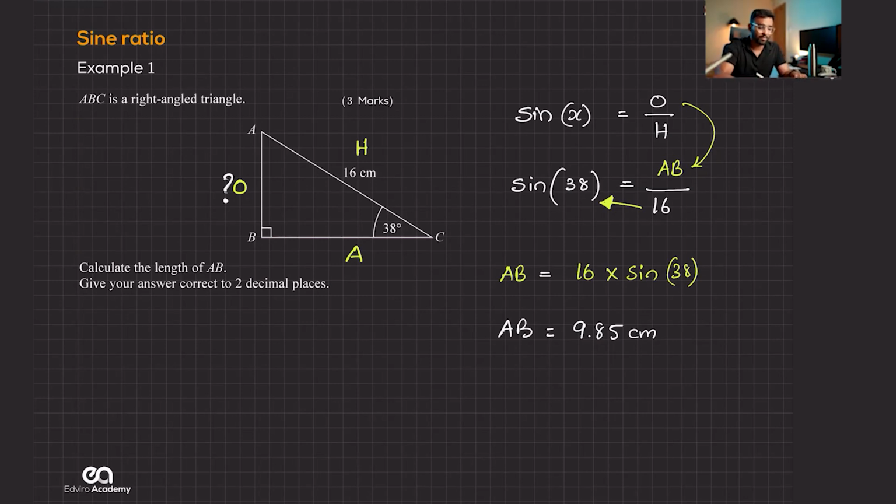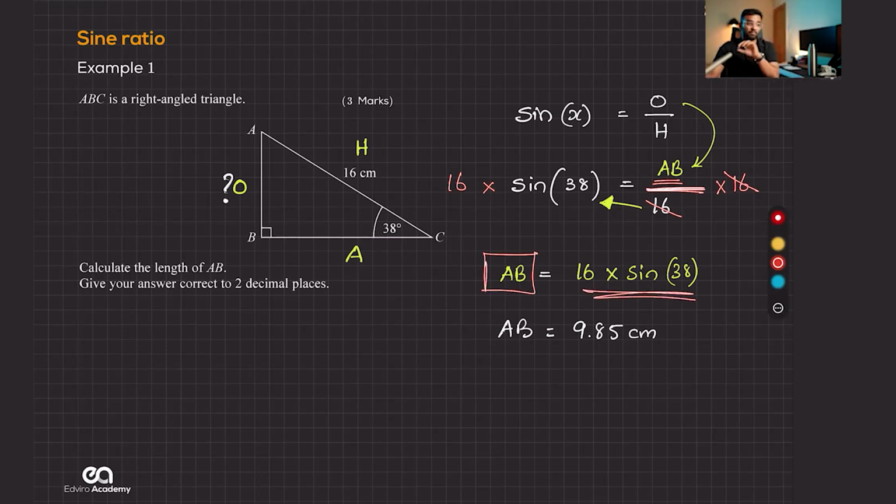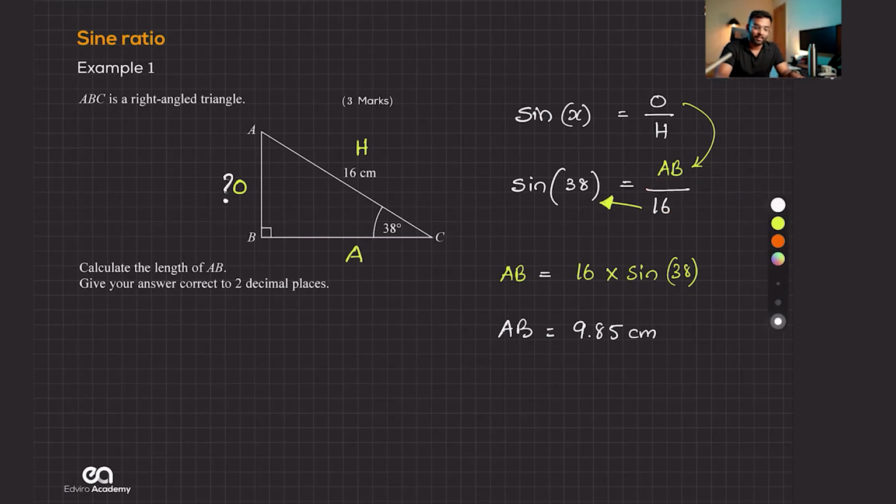Why do we cross multiply? Alvin, over here, AB is the unknown value, correct? And we have a fraction, which is the bottom one. So how do we get rid of this fraction? We multiply by 16 on both sides. So the 16 and 16 cancel, and we have AB just on its own. That's how I'm getting this. So when the value at the bottom is given to you, and you're finding the unknown at the top, we will always cross multiply. Okay, Alia, did it work? Did everyone get the same answer?